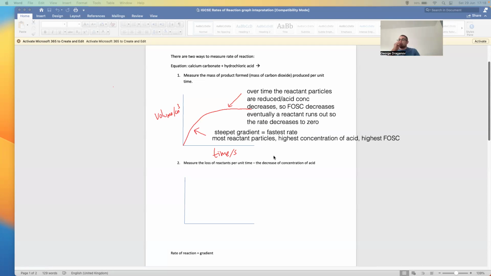Next, you could consider measuring the loss of reactants per unit time. So, for example, the decrease in acid concentration can be measured with pH or with conductivity. So then the graph will fall like this. It'll be the same explanation though. So you could put time here again. And here you could simply put,